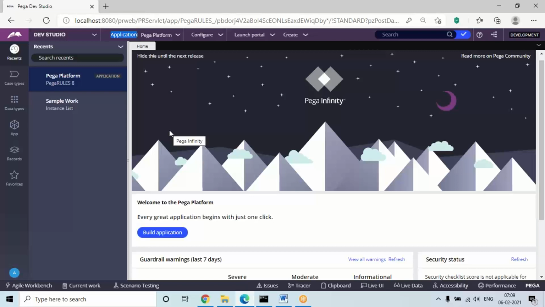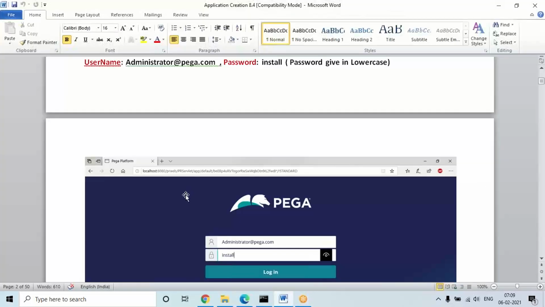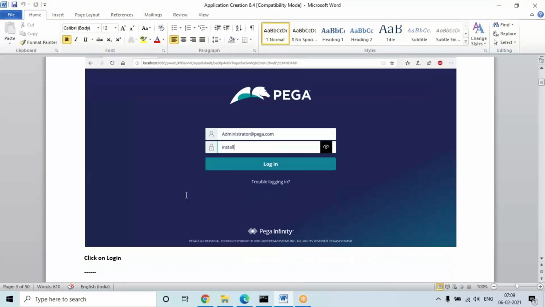So currently, whatever we have is the default framework application, or we can say this is the base framework in this platform. And under that we are going to add new applications.